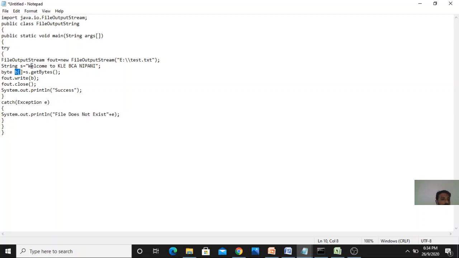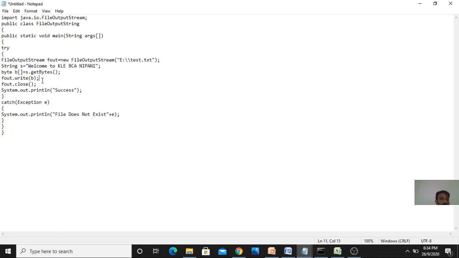I am fetching each character as a byte and storing it into the array b of type byte. We need to store only bytes. We cannot store the string into array b because the array is of type byte. We fetch the characters as bytes with the help of the getBytes method. So array b contains the bytes of the characters, welcome to KLB Pani.